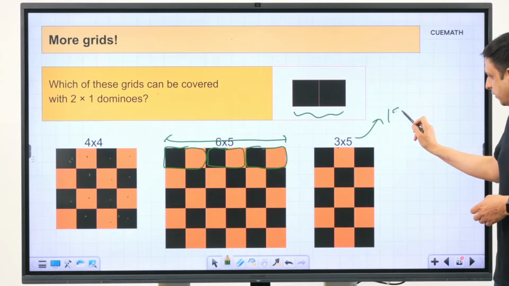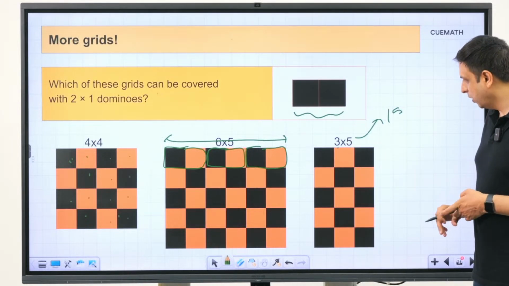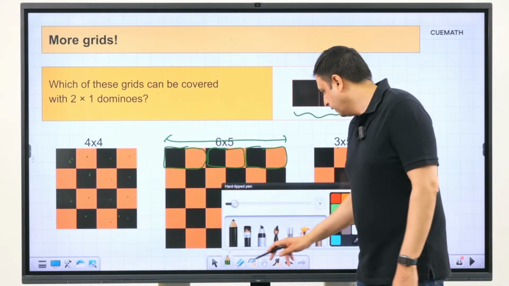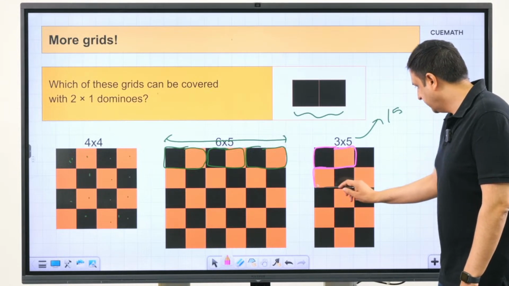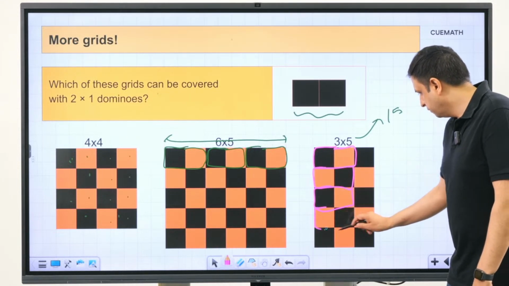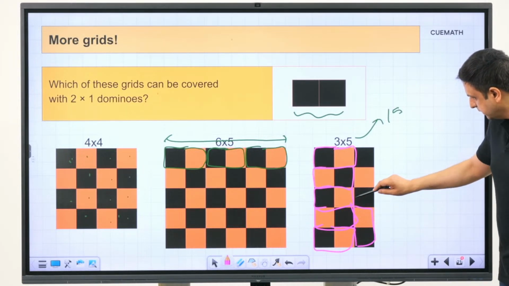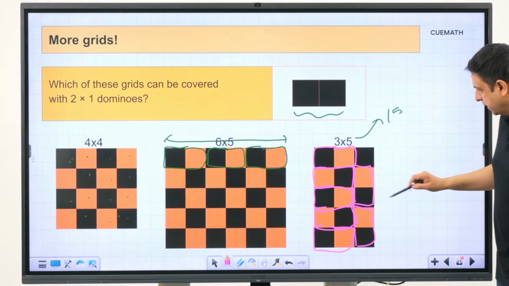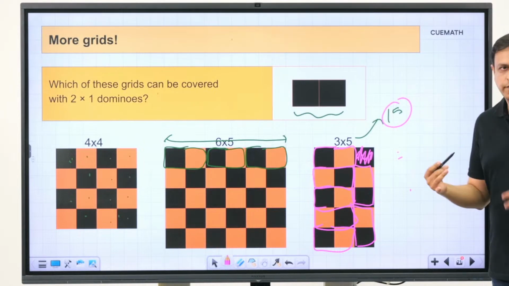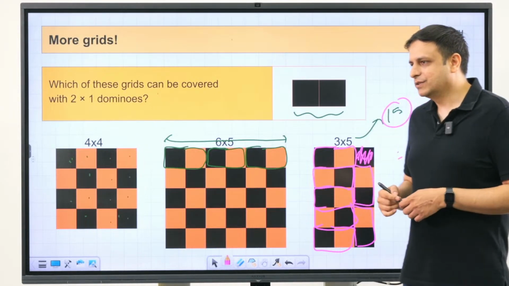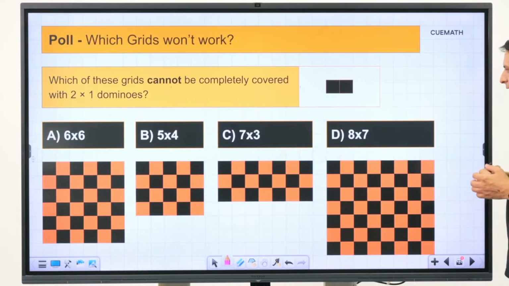So, 3 cross 5, so you have 15 squares. So, if you try covering this with dominoes, it will not work out, and you can actually visualize this. So, if I let us say try doing that, so I can draw a domino here, one here, so that is 2, then 3, 4, and then 5, and then I have this column left. So, I can put a domino like this, so that is 6, and then 7. So, I have covered 14 squares in total, but you can see that this square is left, and the reason is simply that 15 has odd parity, and therefore, one square will always be left no matter how you place the dominoes. Okay, so that was straightforward as well.